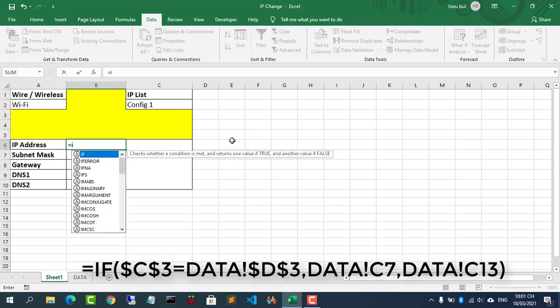Then set the display of IP addresses according to each option in the drop-down list.